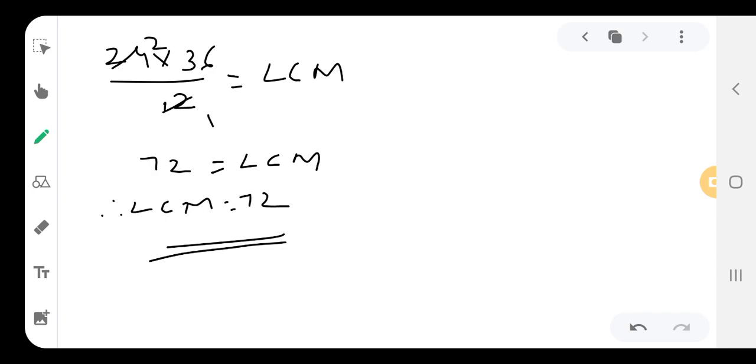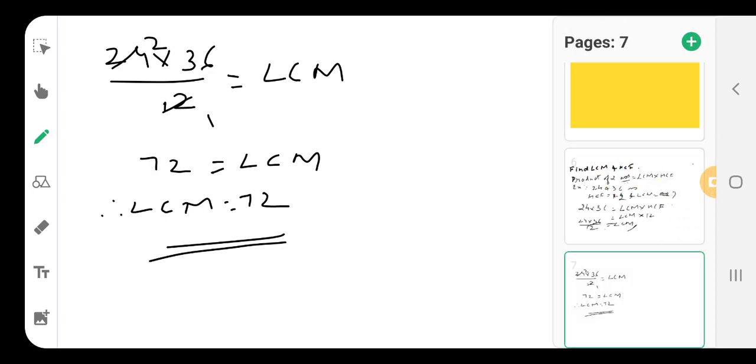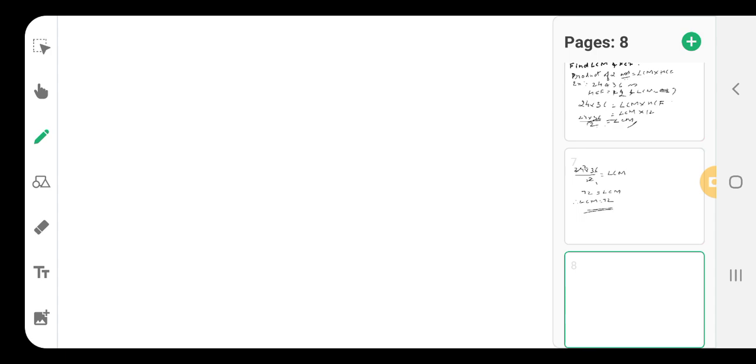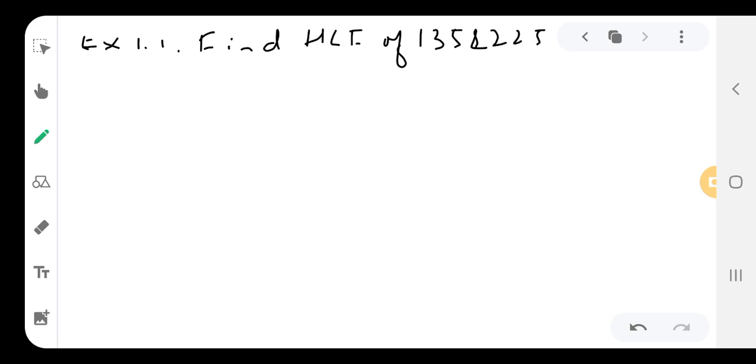So what is the numericals of 1.1? We will see. So we have to find the HCF of 135 and 225. So here the formula is dividend